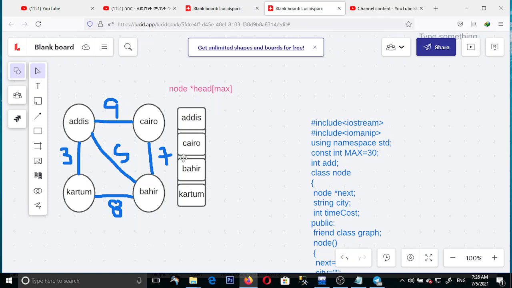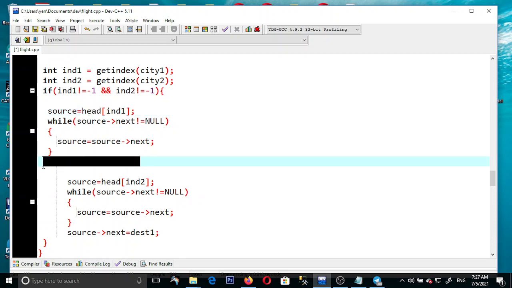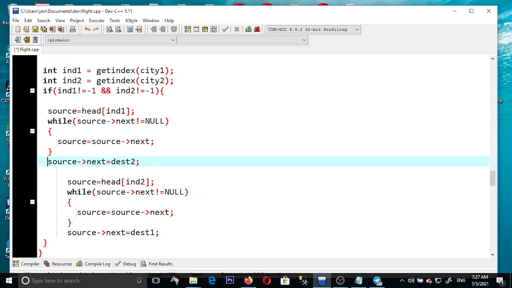Each city here may have its own list. Currently all of them do not have any list. And at this, its next is null. Therefore, if its next is null, immediately we execute this. If its next is not null, we have to search for the last node, and otherwise we execute this. So its next is null, therefore